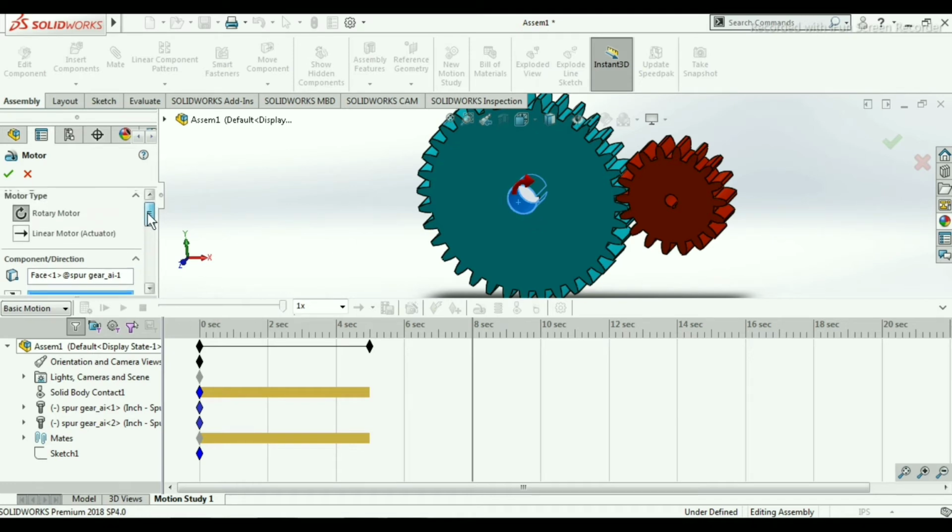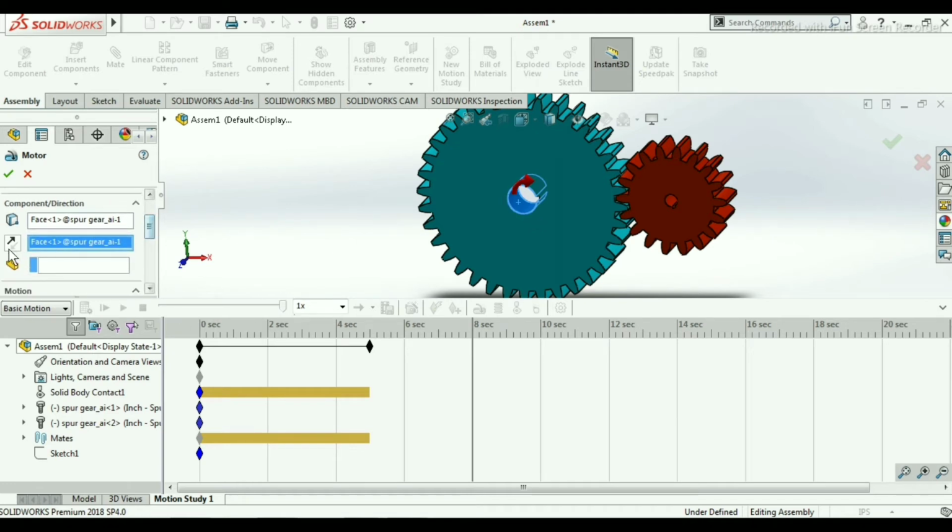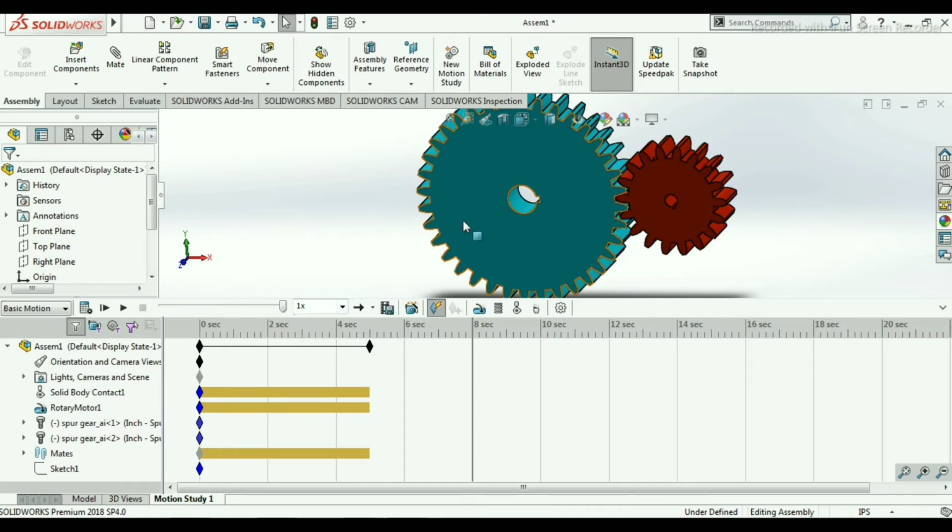If you want to change the direction, you can change it from here. I am keeping this spur gear only, and the motor RPM I am keeping at 5 RPM, and then click on OK. So I have added this RPM to the internal shaft of spur gear 1.